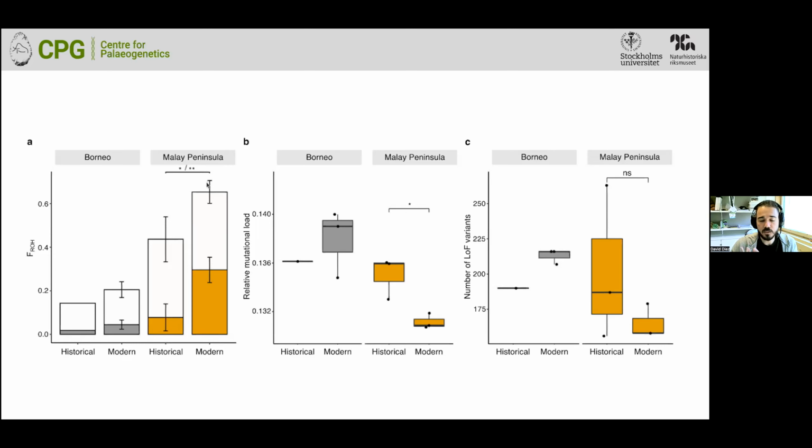Relative mutational load would be the GERP scores that I was mentioning before, and it doesn't seem to show the same pattern. At least there are differences in the Malay Peninsula, where the historical sample had higher mutational load than the modern population. There are no significant differences in Borneo. This is also because there's only one sample in the historical pool. And if you look at another measure of deleterious mutations, the number of loss of function variants in each individual, you will see that the Borneo historical population had a lower number of loss of function mutations than the modern ones,